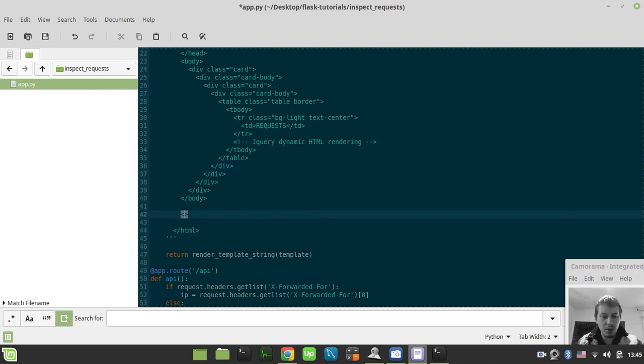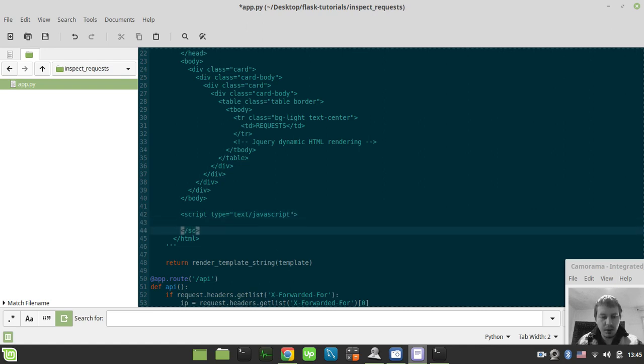So here let's specify the script, and the type equals text/javascript like this, and close the script tag. Okay, so the very first thing to consider here is that we need to make a GET request to our API. In order to do that, we specify the $ sign, calling the jQuery object, jQuery.get and /api,